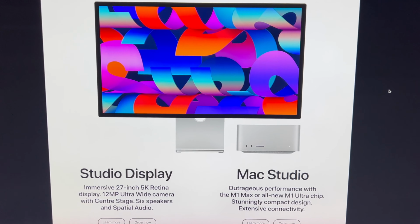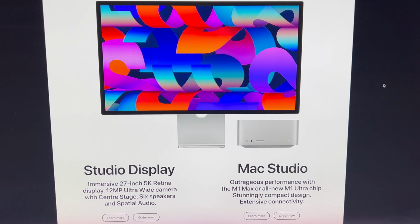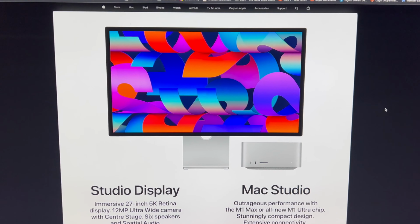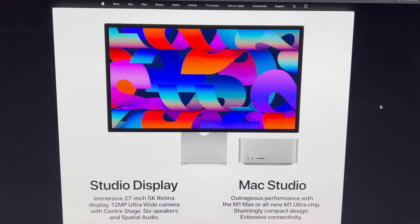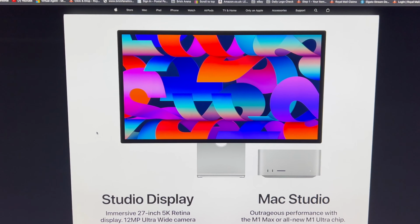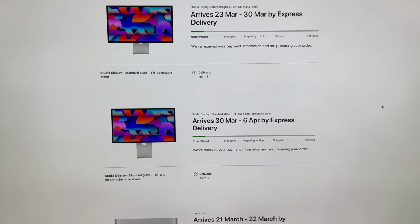So Apple have only gone and done what I was both hoping for and dreading, and that is that they've released this new Mac Studio device with a new Apple monitor. And I've been waiting for a new 27-inch iMac for like 2 years. I was really wanting this to come along, but I wanted a couple of days to think about how I was going to move forward in terms of buying the monitor and maybe buying a laptop or buying this Mac Studio. And I've just had no time to think about it at all. And to make matters worse, the monitor comes with 2 different stands, and I'm really not sure which stand I want. So I've placed an order pretty quick, and